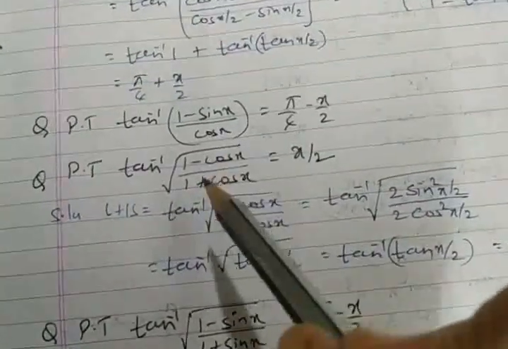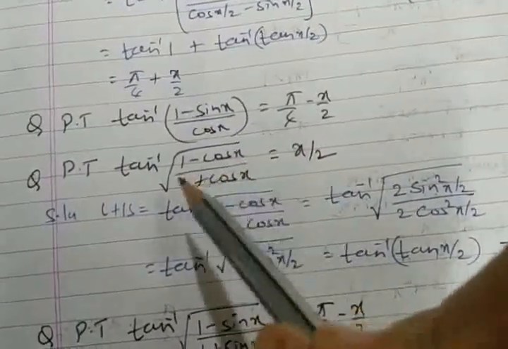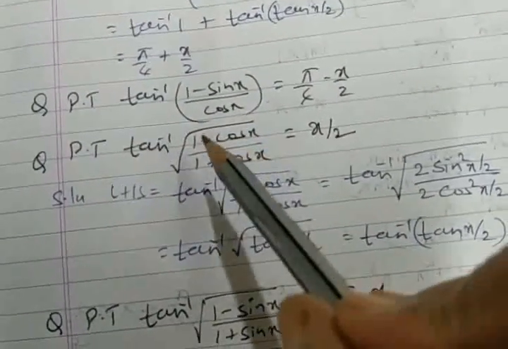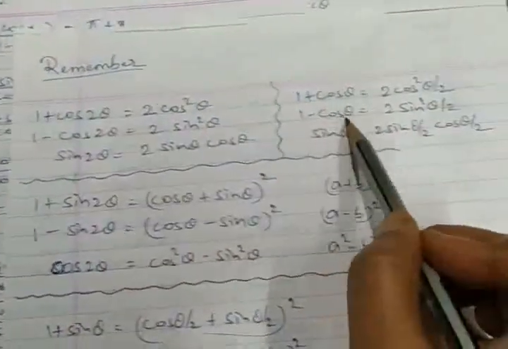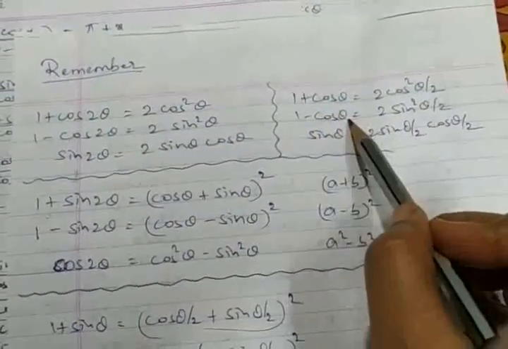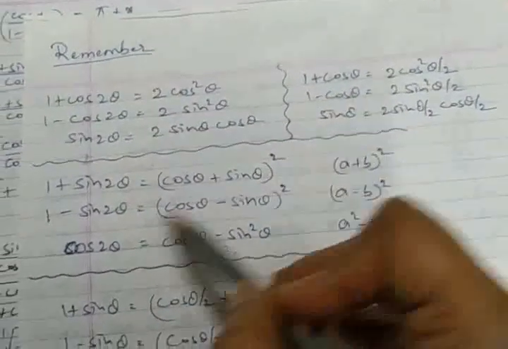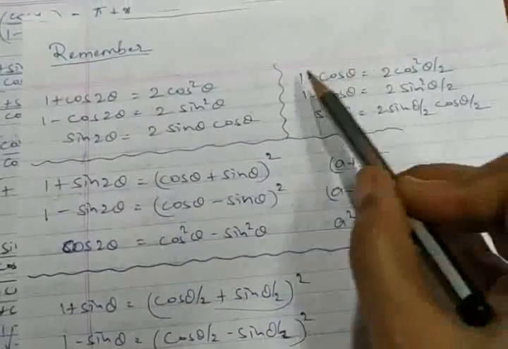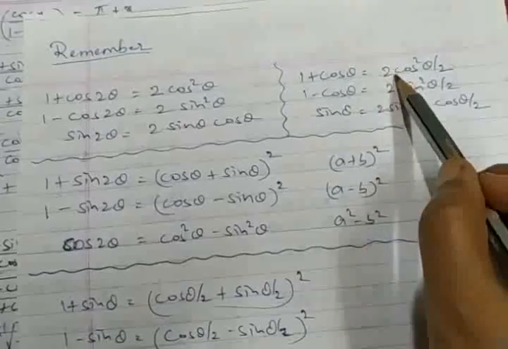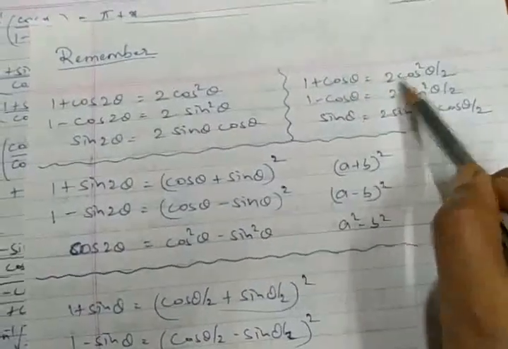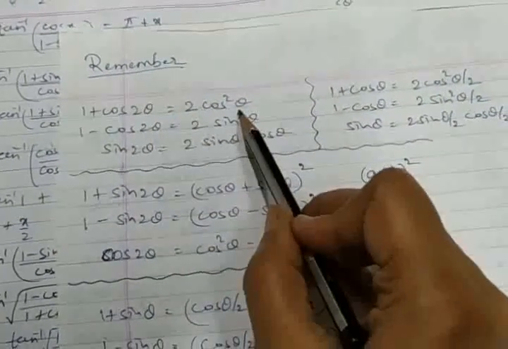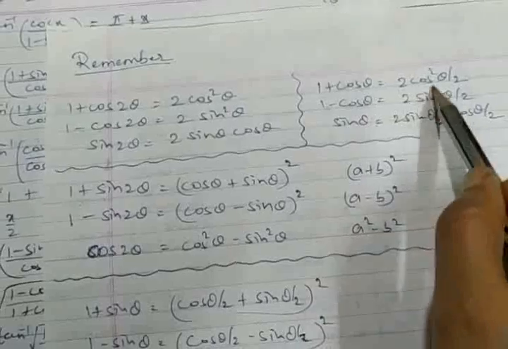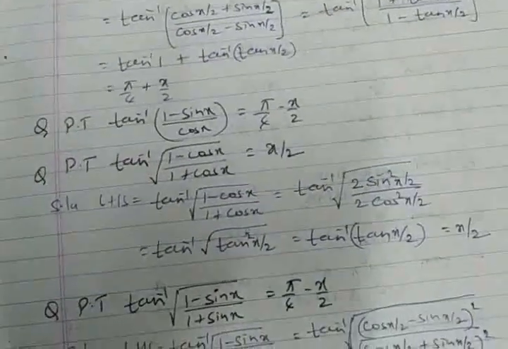And the question can be asked with a root sign, that is, 1 minus cos x upon 1 plus cos x under a root. I told you repeatedly, which formula comes to your mind? 1 minus cos x, 1 plus cos x. If there is only cos, it is a square minus b square. If there is a 1 with it, definitely recollect that 1 plus cos is 2 cos square, whatever angle we have, theta by 2 for the angle theta. 1 minus cos theta is 2 sin square theta by 2.